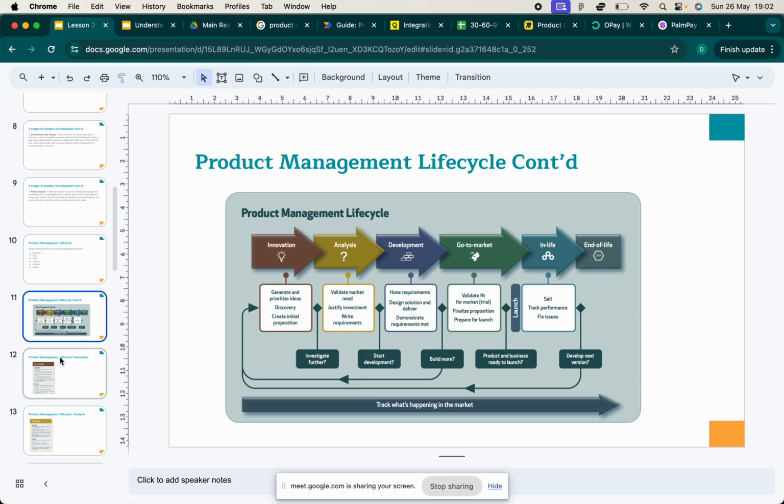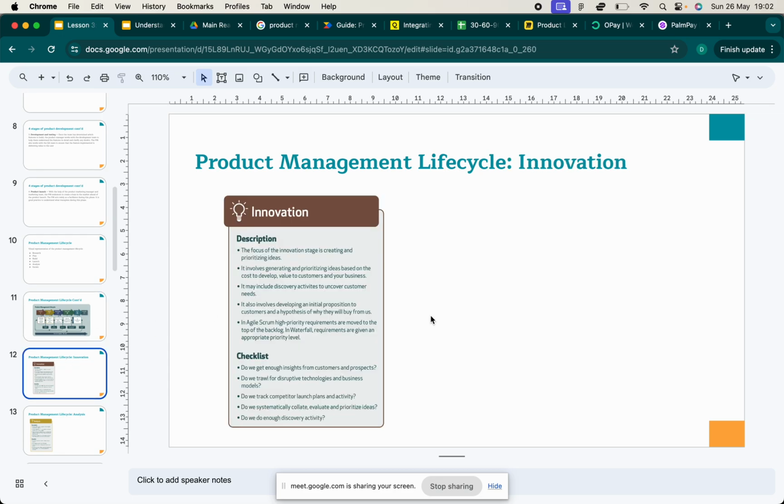So let's begin with the first one, innovation. Every company wants to innovate. Innovation is what leads to you as a company being able to advance, being able to attract more customers, being able to make more revenue, being able to therefore make more profit.